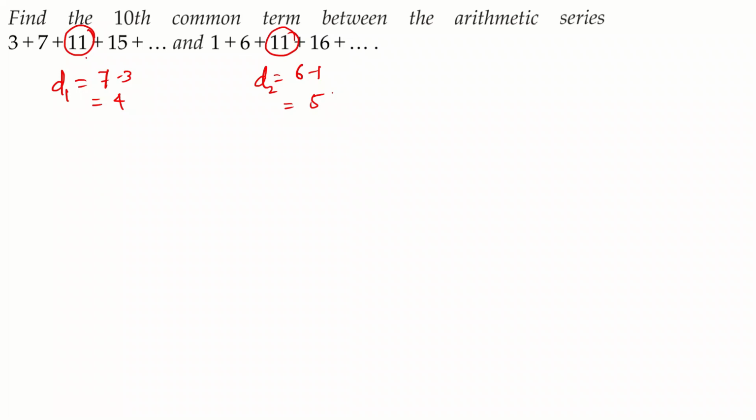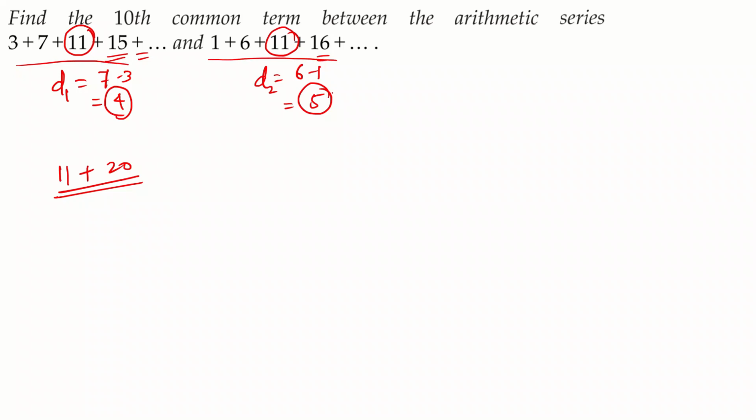So if you see, here the terms are 11, plus 4 is 15, plus again 4 is 19, plus 4, plus 4, and here they are skipping by 5s. So the next common term will be: we have to add the LCM of these two, 4 and 5, which is 20. So 11 plus 20, 31 will be the next common term. If you expand both of these arithmetic progressions up to a certain number of elements, you will see that the next common term is 31.